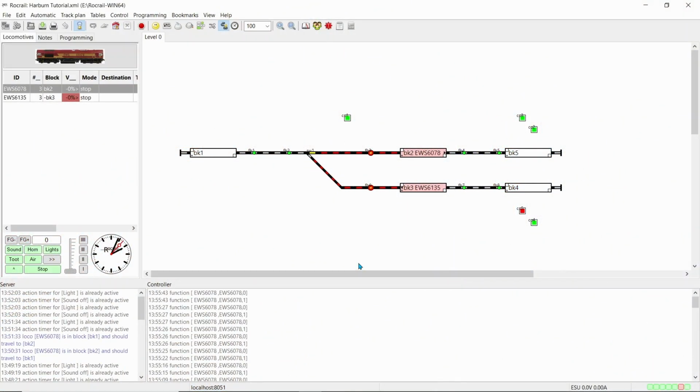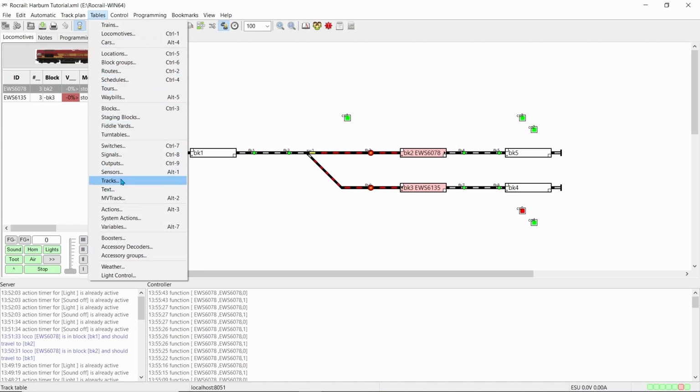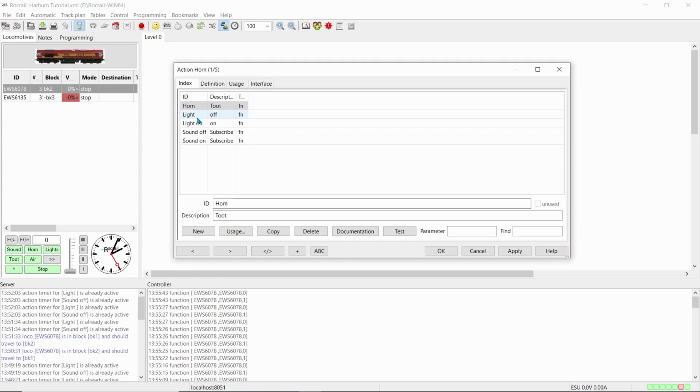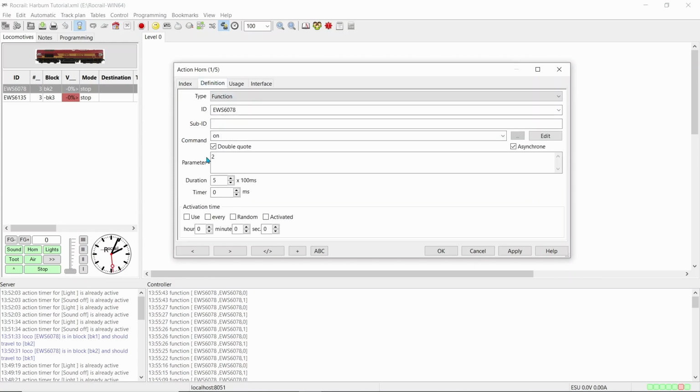So now we're on the PC, let's sort out the double horn going when it enters this block, number 1. So I've got to tables and actions. With the horn, I've got a definition.